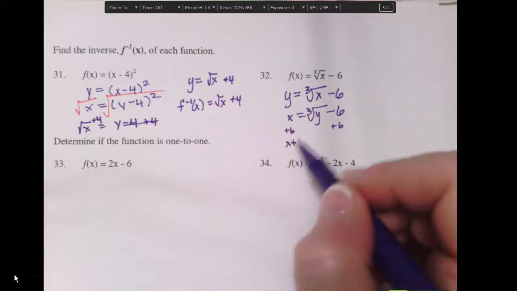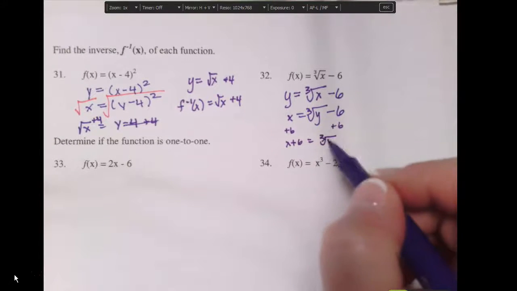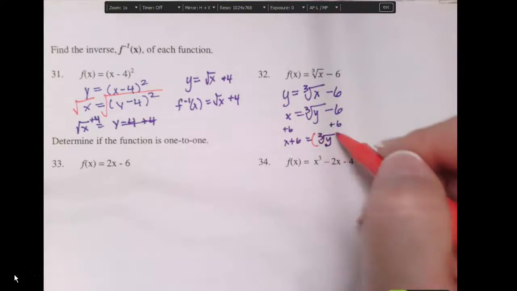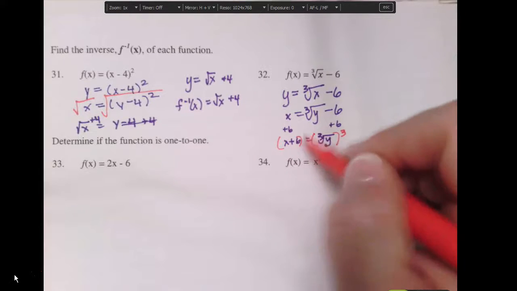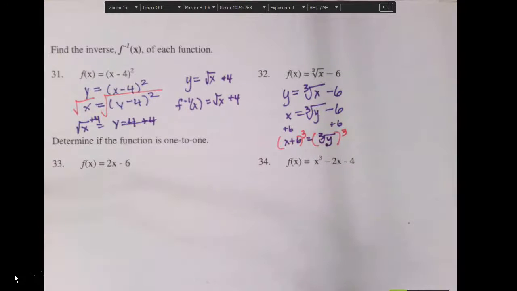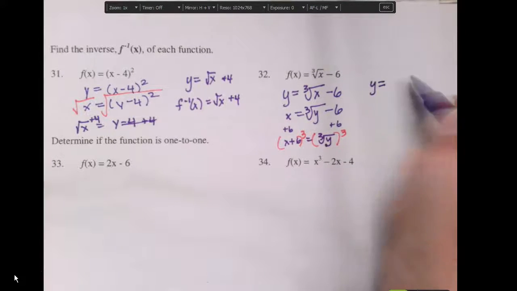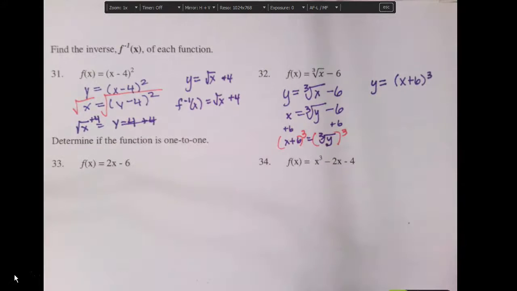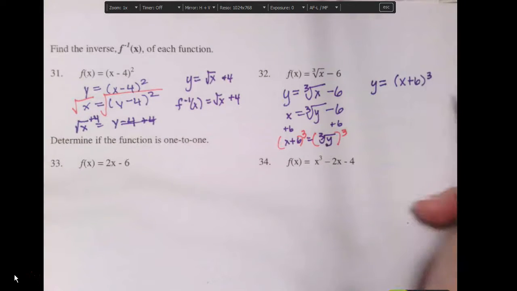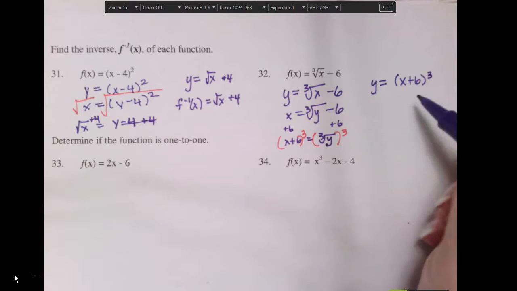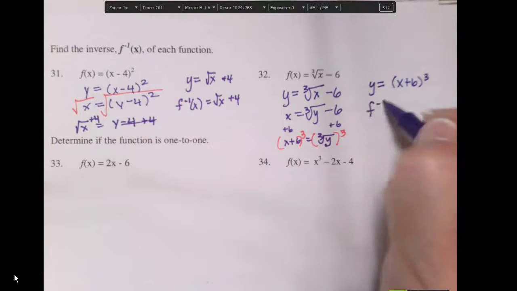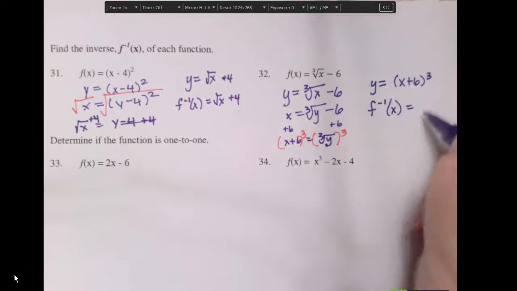So x plus 6 equals the cube root of y. Then I want to cube both sides to get y by itself. So that's going to give me y equals x plus 6 cubed. And I could FOIL all of that out, but I don't think that's necessary. So we are just going to switch that into our inverse notation